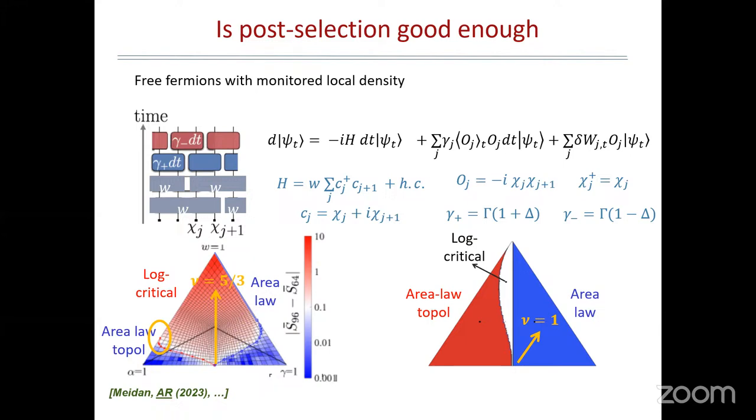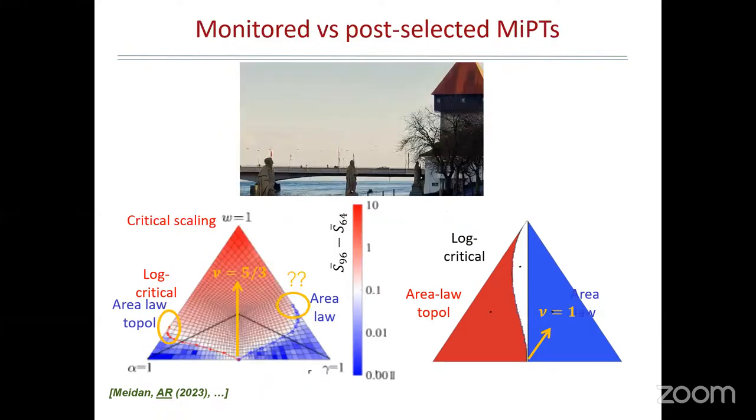Now, if you make the same exercise for the post-selected trajectory, which is the no-click one, you get qualitatively the same regions. In this case, the blue and the red are both area law, and in the middle, you get a logarithmic scaling phase. The shape of them is completely different. In particular, you see that the phase transition on the left side of the triangle disappeared. The other feature is that if you look at the critical exponent of the bottom line, this is just a trivial Ising phase transition, which is very different from the full trajectory one. So what we have been able to do is to develop a bridge between these two kinds of phase space, and this bridge should be an invariant as far as Google is correct.